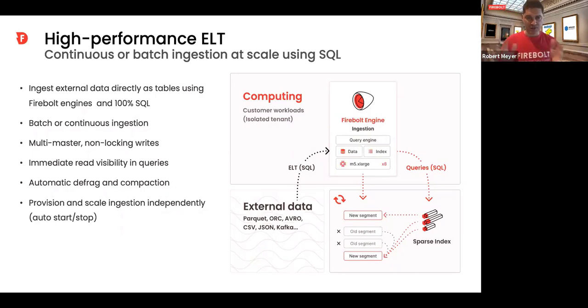Any node in the cluster that's doing ELT can write a new segment that's 1 row or 1,000,000 rows. It doesn't matter how many rows. When it writes that segment in, the sparse index, remember the sparse index, just points to it. And the old segment that has the old data is basically not pointed to anymore. And just like Java garbage collection, the engine merges old segments together over time and compacts them so that the pointers go to a new compressed segment, but it happens after the fact. So it's a really fast non-locking write of one message or a whole file, and it's immediate query visibility.